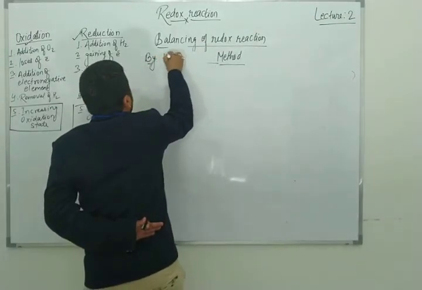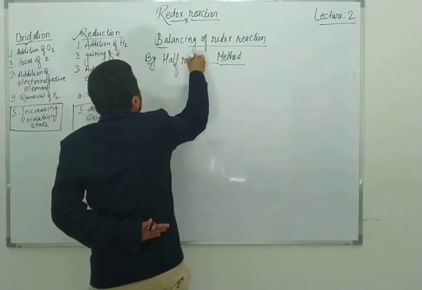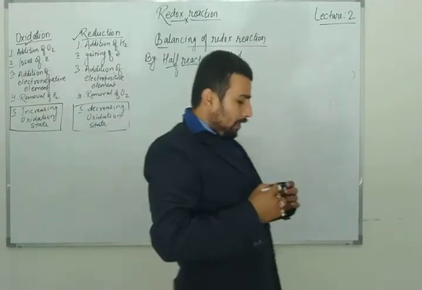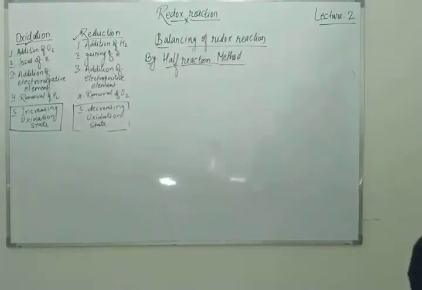Half reaction. What is this half reaction? Can you tell me? What do you mean by half reaction? Balancing the equation showing the oxidation state of iron 2 plus to 3 plus, where dichromate ions in the acidic medium are reduced to Cr3 plus. So it's half reaction. Half reaction means that if the reaction is unbalanced, just suppose I am taking